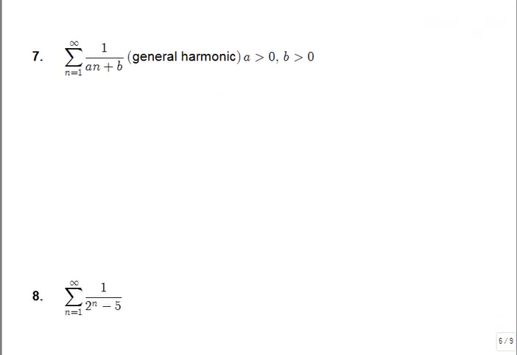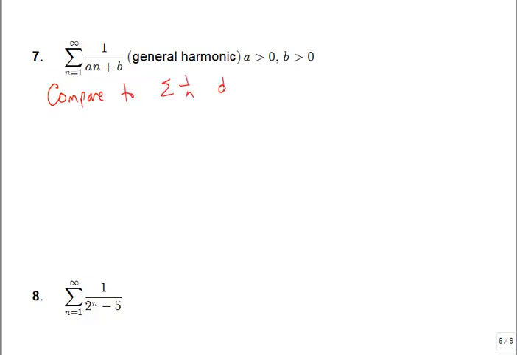So an example here would be the sum from 1 to infinity of 1 over an plus b, which is called the general harmonic series. It's just the harmonic series with some coefficient possibly in front of n plus a constant on the side. And we're assuming here that the a and the b are both positive numbers. So we could try to do a comparison test here and compare this to the series 1 over n, which